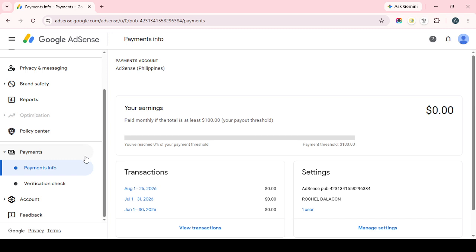Before submitting, review everything carefully. Even small mistakes in tax information can cause delays, rejections, or incorrect withholding. Double check that you selected individual and non-US resident and confirm that your tax identification details are accurate and current. Once everything looks correct, submit the form. After submission, AdSense will process the information and update your tax profile accordingly. That's it. You've successfully added